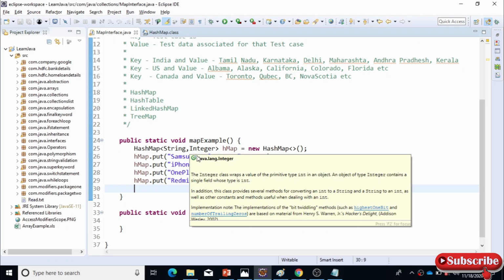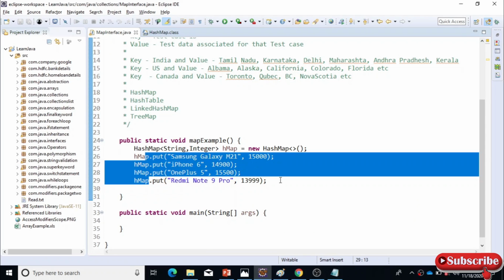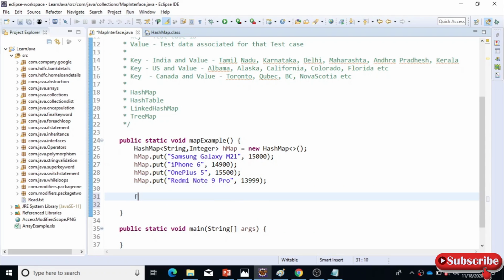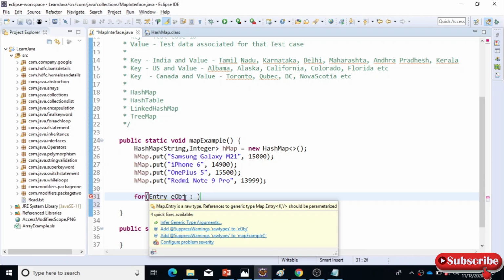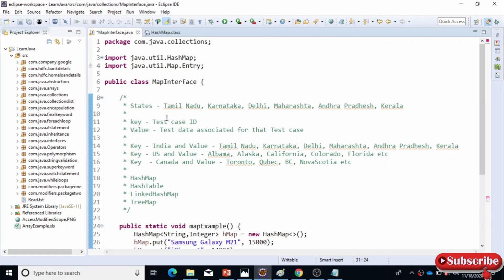For traversing through this hash map, we can use the for loop. How do you use the for loop here? You have an Entry interface where you can create an object. This is an interface that you need to import. I think it has been imported.